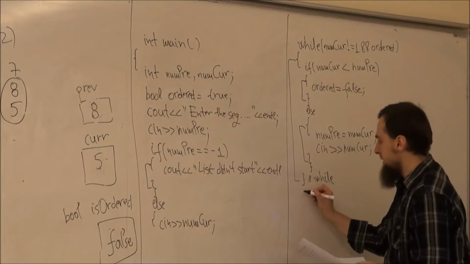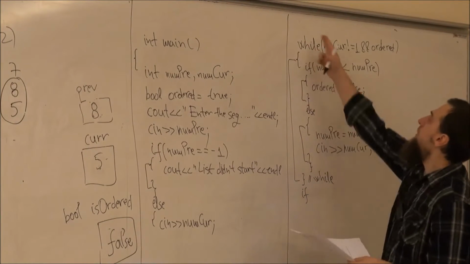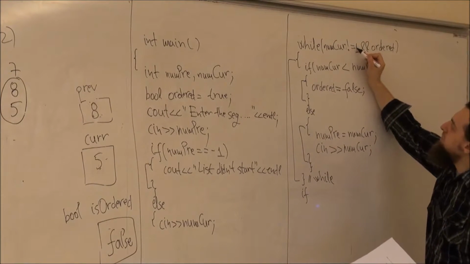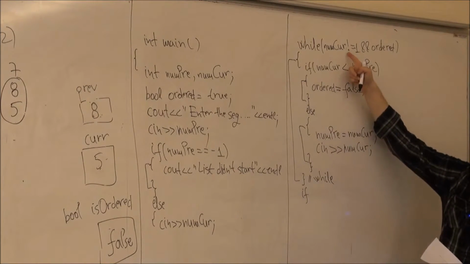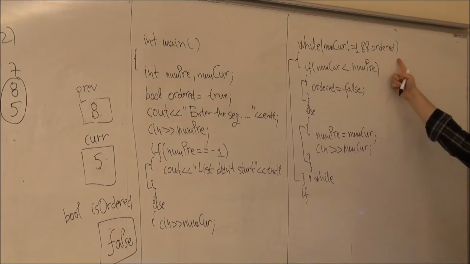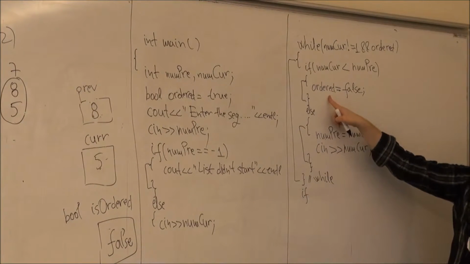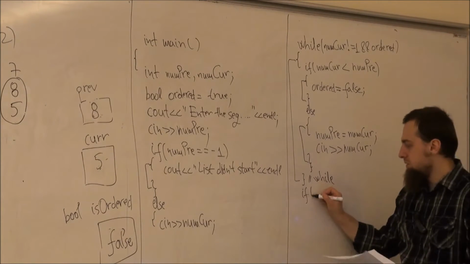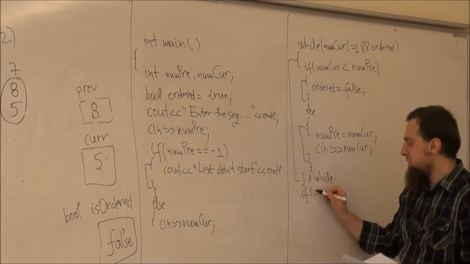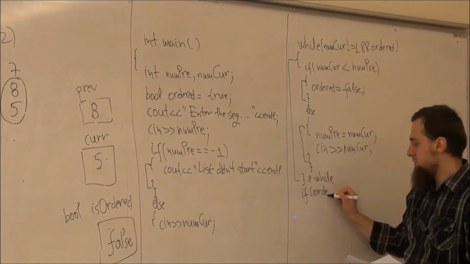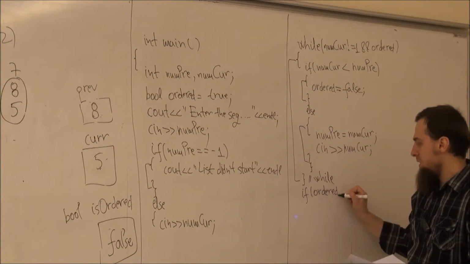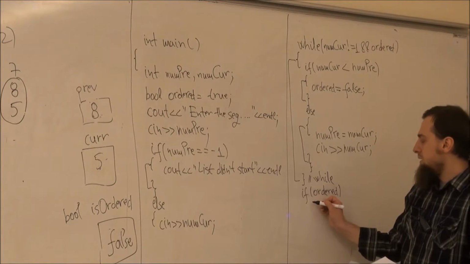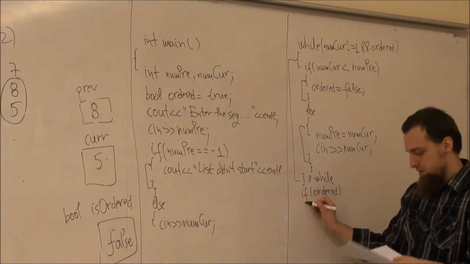Finally, when I finish the loop, I have either encountered -1, it should be -1 here, or the order was false. Okay, so I'm going to check it. If ordered, I mean if this is true, if it wasn't changed from the beginning, then I'm printing